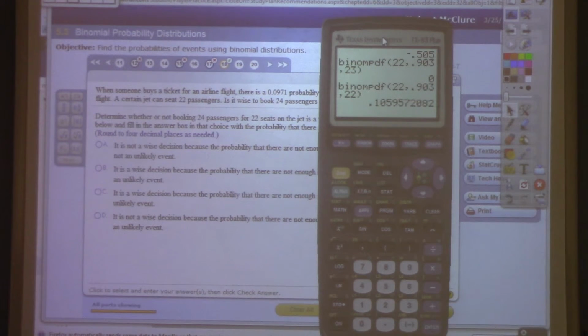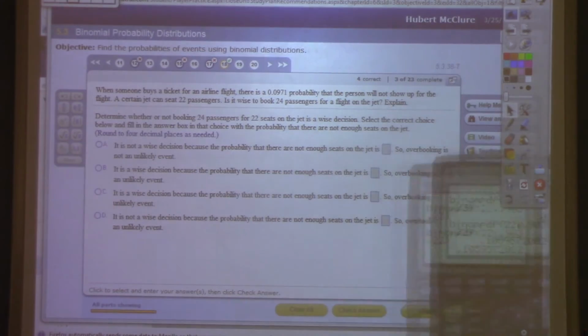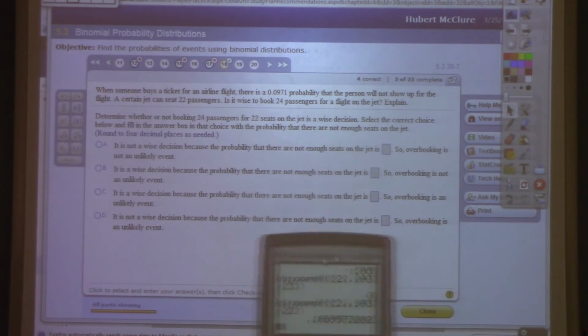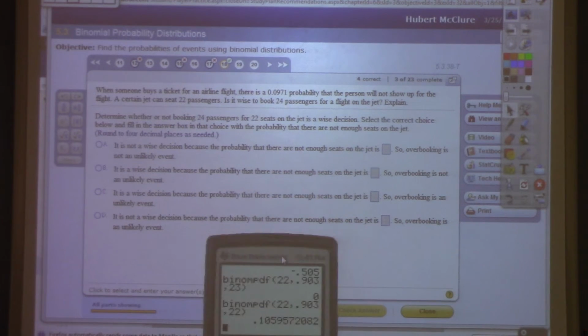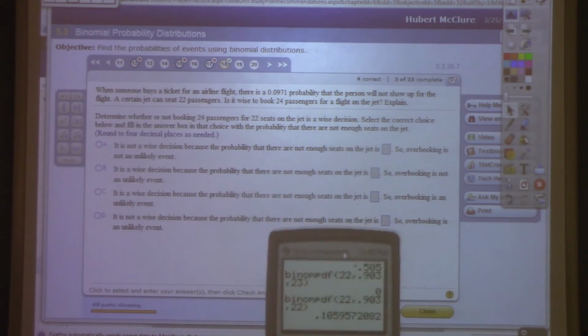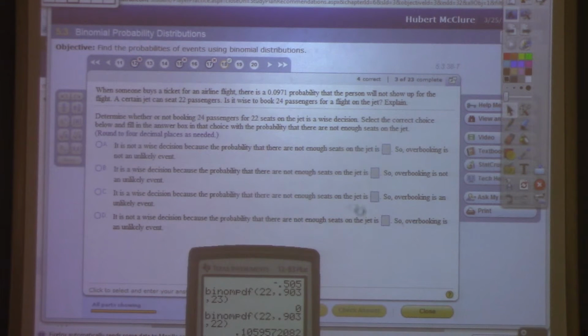Yeah, that's what they're doing, because you can't have 0%. Where you type in the answer, you don't even type in the answer? Yeah, it's on the press up, answers, it's like. All right, it says determine whether or not booking